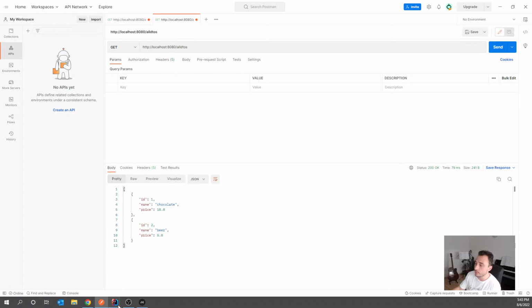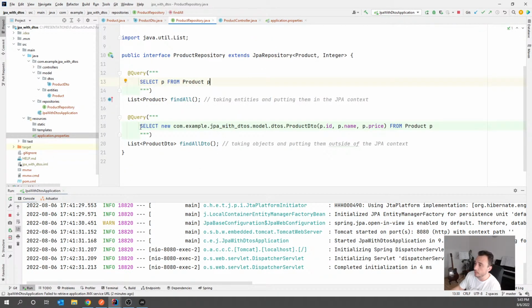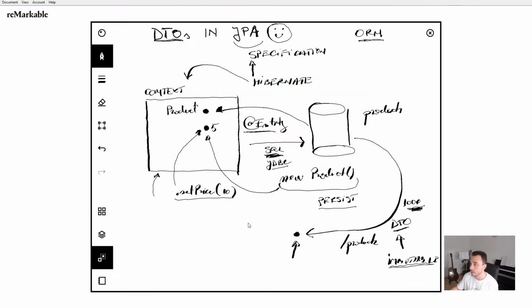is obtain the same result, but the difference is that directly from my JPQL query, I've been using the DTO objects. And then what happens is that this makes sure that all the objects that are retrieved through JDBC behind the scenes will not go into the JPA context. And this is the very important stuff that you learned today, because not having them in the JPA context is what helps you save